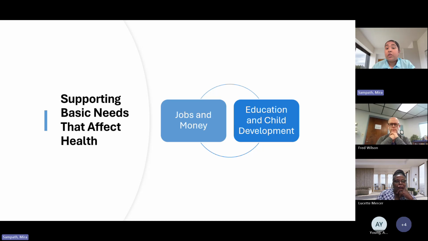And additionally, using learning tools that can help with future success. So again, there's so many online learning tools now. Even in schools, they have iPads or other computers and things like that. But if you don't have those devices at home, you can't continue to apply those skills or continue to learn in that way. So it really does have an impact on these basic needs, again, which affect your health as well.